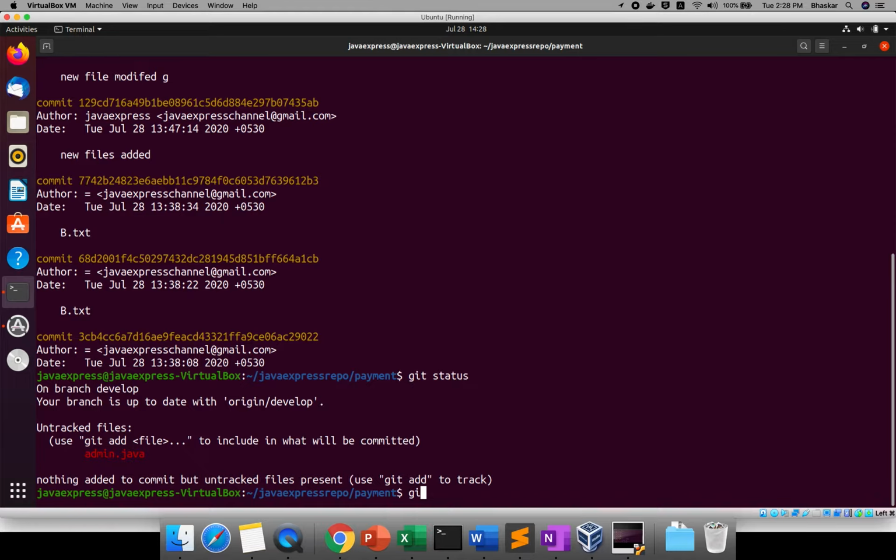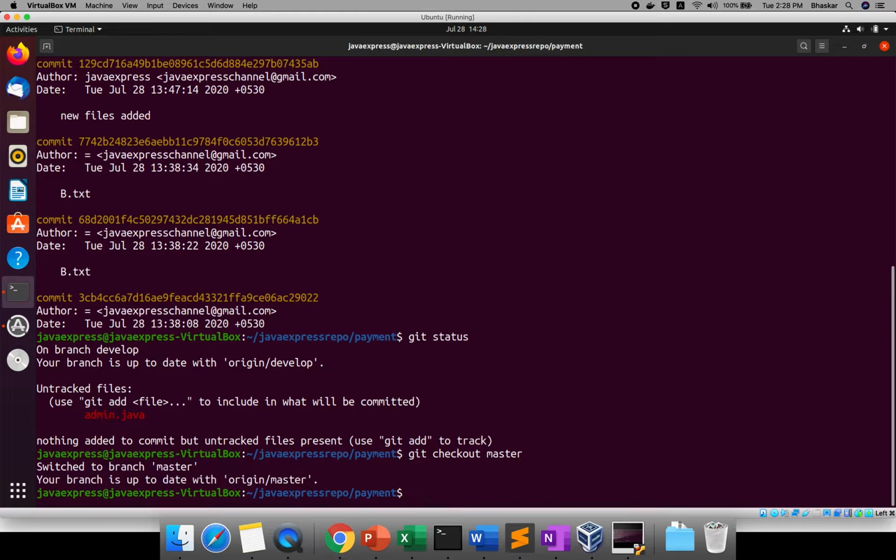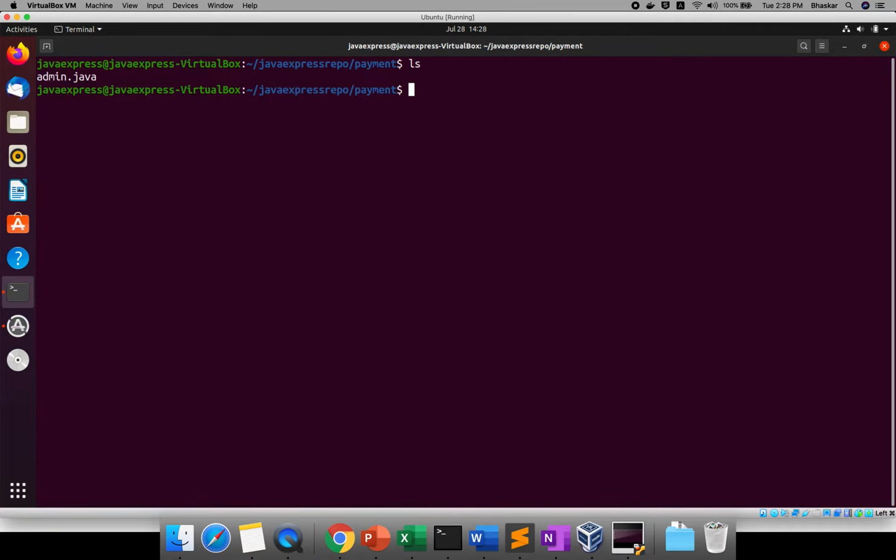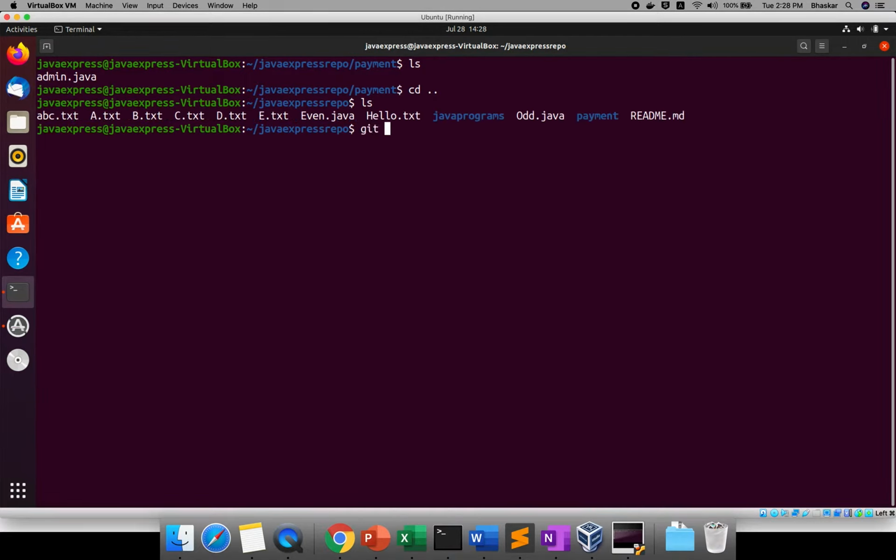Now you can go and check out the master. Here, use cd .., then git branch. You are in the master branch now. Inside the master you want to create one more file, m.txt, and commit something.